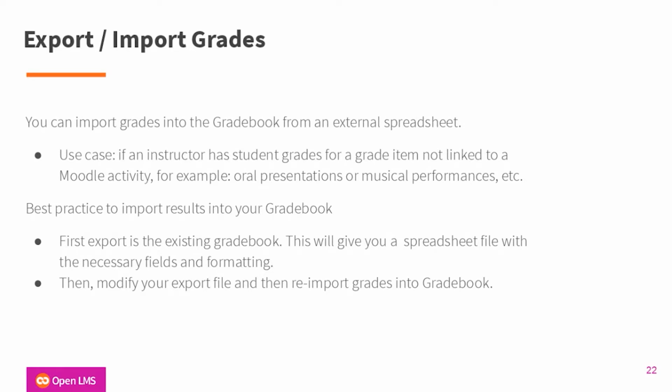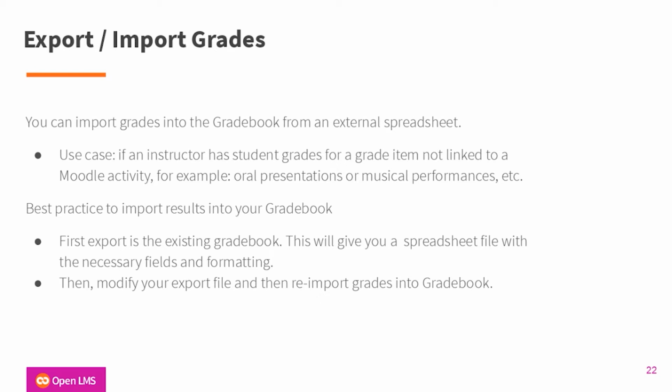This might not be as relevant right now, knowing that a lot is being done online and there are maybe no oral presentations, but something I like to think about is musical performances. If there's a music class, and this could even apply right now,